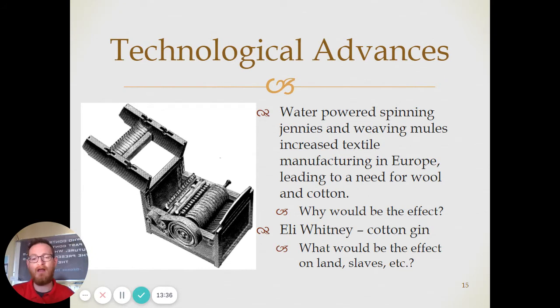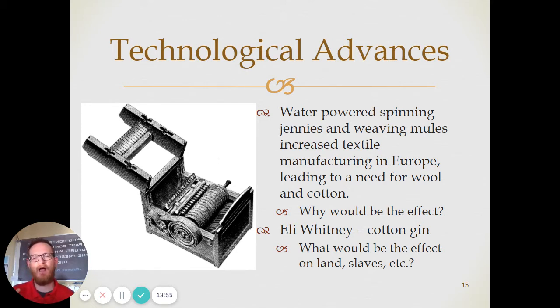Now, you would see technological advances during this period as well. Water-powered spinning jenny, other things that had been imported over from Europe to help in the production of cloth and wool and all of that. But really, the big invention that's going to have the biggest impact is Eli Whitney's